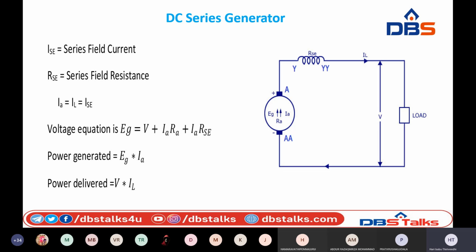And look at the winding, field winding. Series field winding has a small number of turns, whereas shunt field winding has many number of turns with thin wire. That's why resistance RSH is very high, 100 to 300 ohms. But coming to the series field resistance, number of turns is less and it is made up of a thick wire. That's why resistance of series is very low, less than 1 ohm, or it may be 1 to 5 ohms like that.